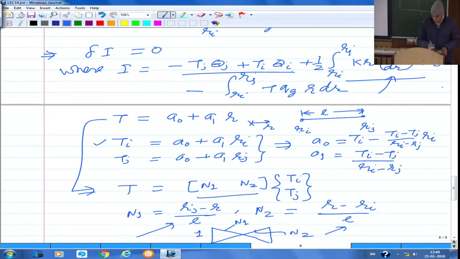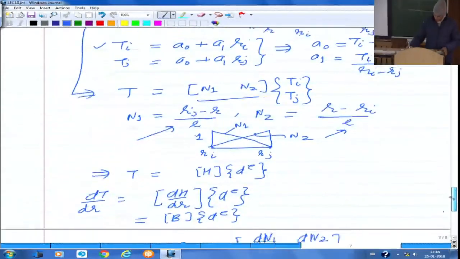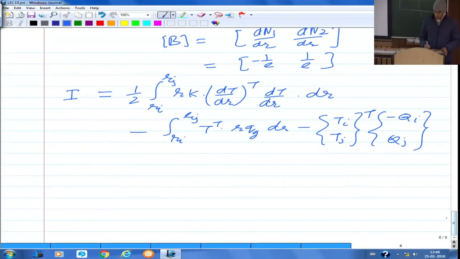These two terms I have written at the end. This I have written first, the second, this is the last term I have written there. So it is straightforward from there. And now you put here dT by dr as B into dE and take the variation of I equal to 0. So finally you will get the element level equations. The steps are the same, similar steps are followed as for the first derivation. So at element level, the governing equations would be